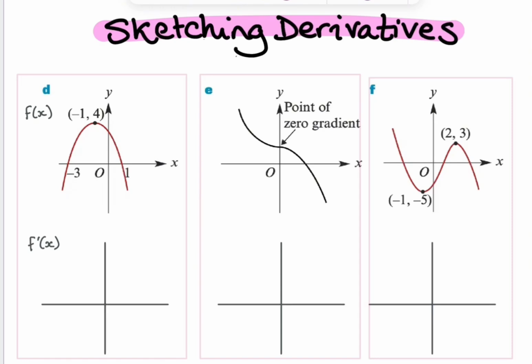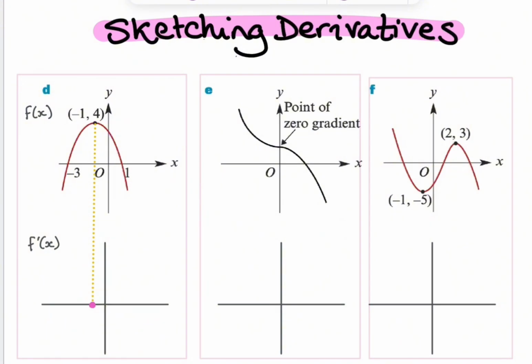Now, can you see where the zero gradient is? It's at the turning point. So let's draw a dotted line down because that's exactly the same x value that I'm going to have a gradient value of 0. It gives me the x-intercept. So once I've put in all the x-intercepts for the gradient function,